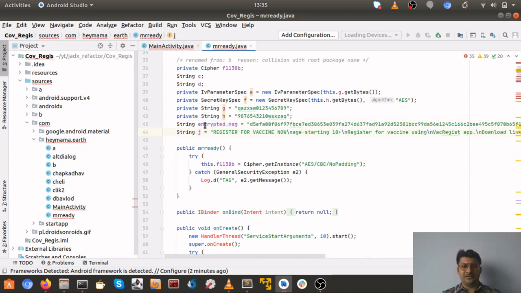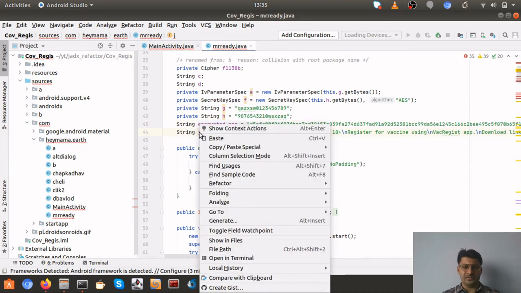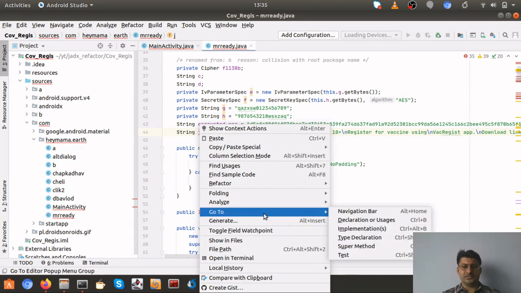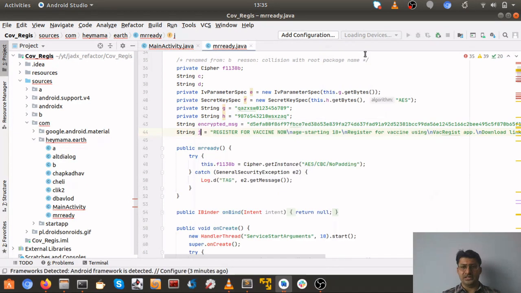So here we converted I into encrypted message. Here we can do the same thing, right click and refactor and then rename, and we can just state it as message, enter, and the cool part is that Android Studio takes care of all the occurrences, changing all the occurrences in this particular project.